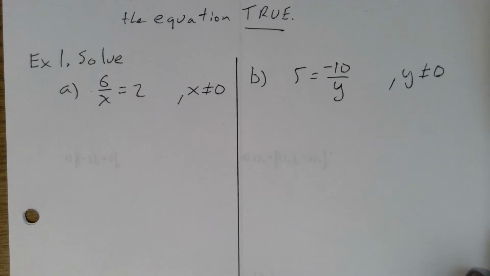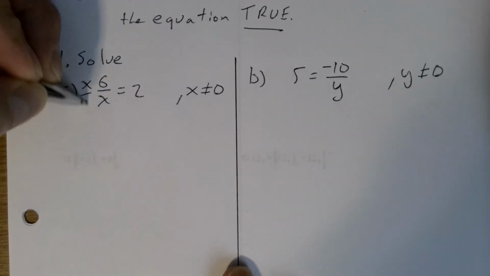Okay. Now we've got an x on the bottom here, which really isn't a good place to have it. We've never seen a question like that before. So how could we get rid of it? Well, if it was x over 6, we'd multiply both sides by 6, because 6 over 6 is 1. So we can do the same thing with x on the bottom. We can multiply both sides by